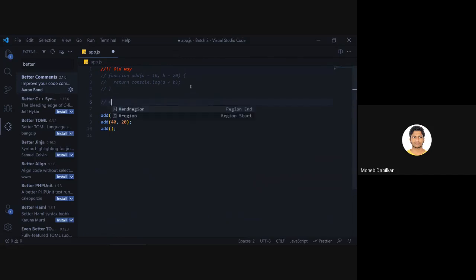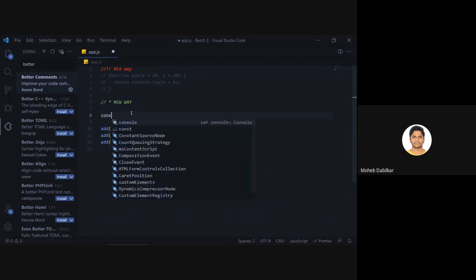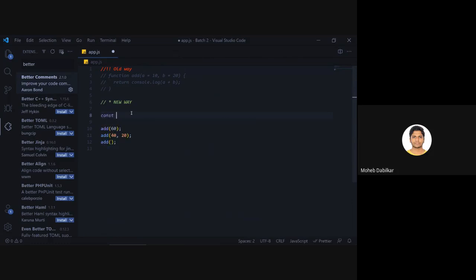Okay, so now we will just say this is a new way. When working with non-object oriented JavaScript, we can just say const arrowAdd. So I'm just calling it add, and this one is an arrow function. Then we will put an equal sign, so we are actually assigning it to a variable.